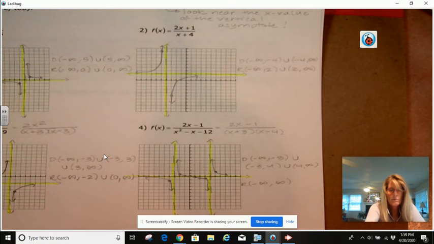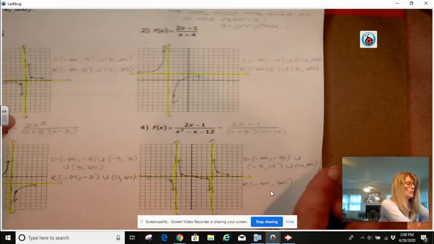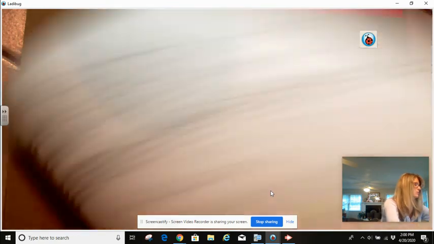It wasn't parabolic, it was more cubic, like a negative cubic function. So I just put a bunch of points down off of my table so I could be more sure of the way the curve was going to go. Again, the domain is tied to the vertical asymptotes, and in this case, because of this middle curve, the range is negative infinity to infinity. Then on the other side,